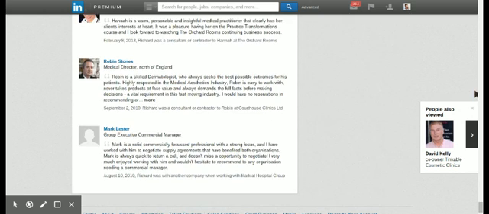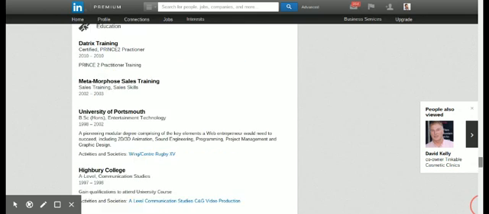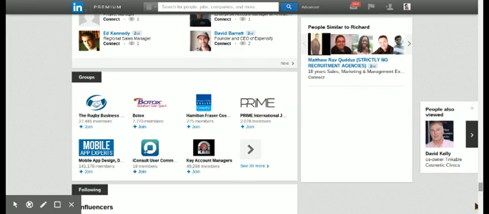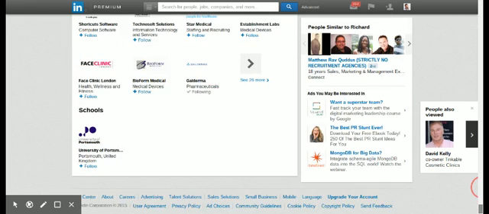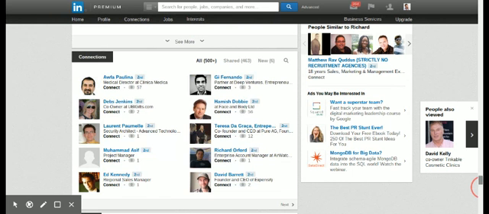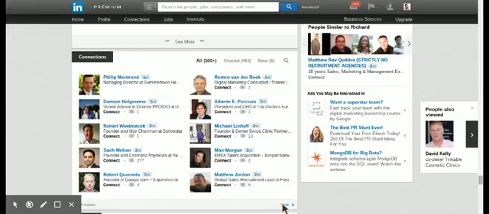Now we can do that with any connections that you have. You can look at their connections and approach them from that point of view. Always a good idea, because look, there's a lot of them here, shared is 463 already, but I'd estimate there's probably another 1,500 connections here with one of my main connections with whom I can connect. So